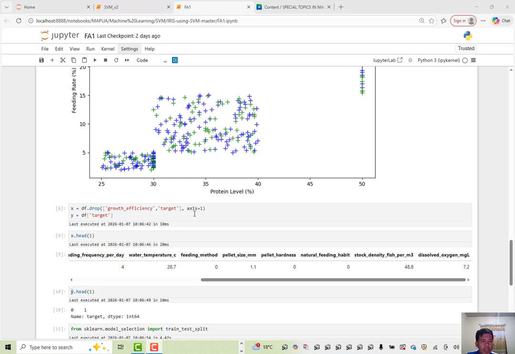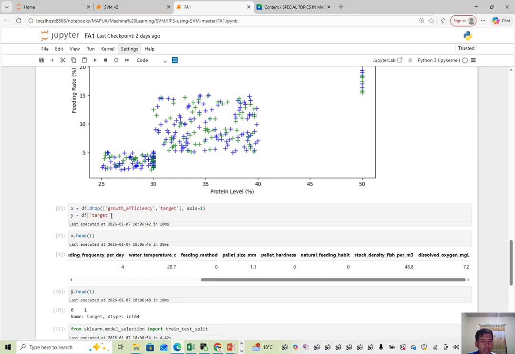For the next part, I define the features and the target label. For the features, I use the X variable, where we use all the features except for growth efficiency and the target column.